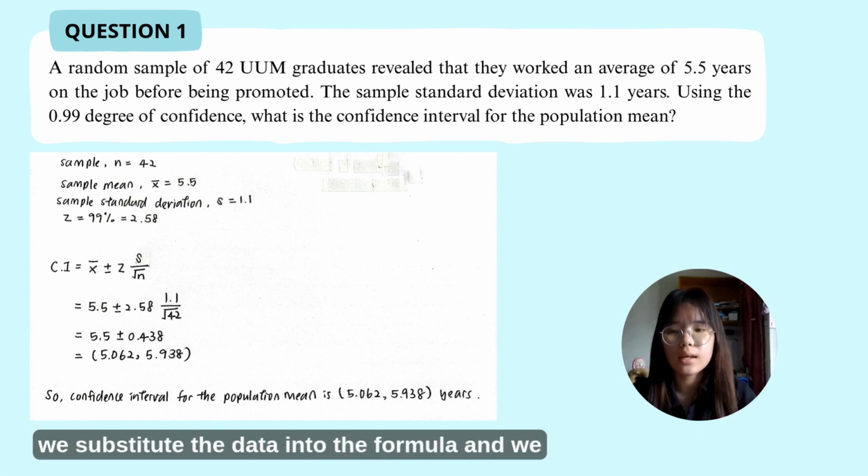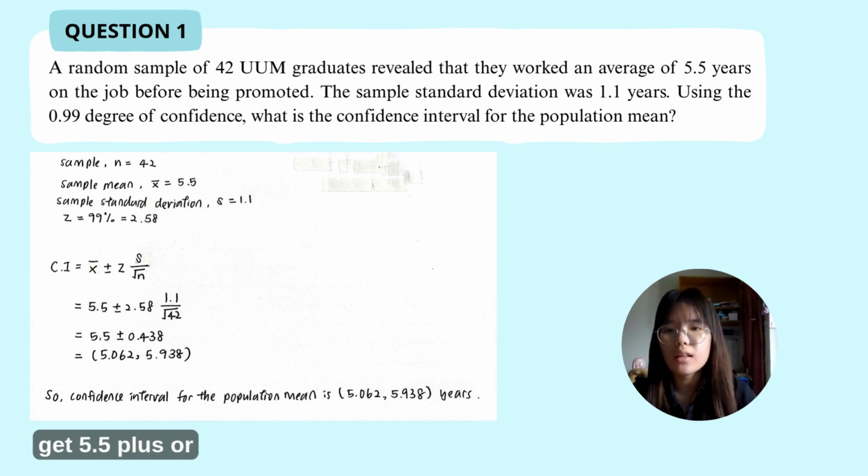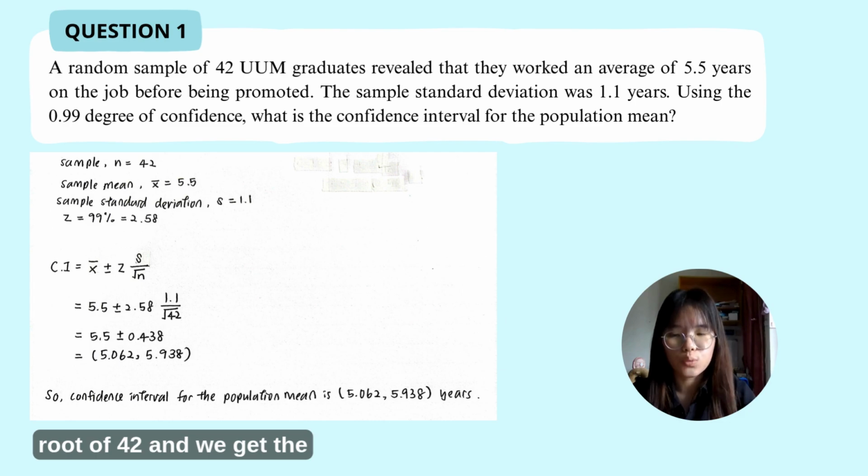We substitute the data into the formula, and we get 5.5 plus or minus 2.58 times 1.1 divided by square root of 42, and we get the upper limit and lower limit,